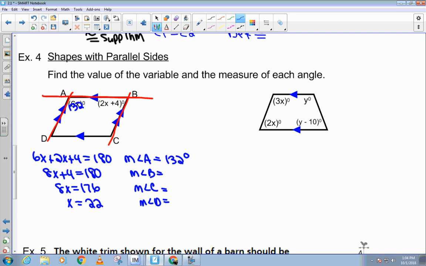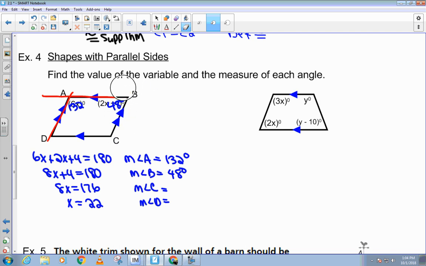I could do one of two things here. What could I do to get B? Just do 180 minus 132, that'd probably be the easiest thing. So what would that be? 48? Okay. So this right here is 48. Now,